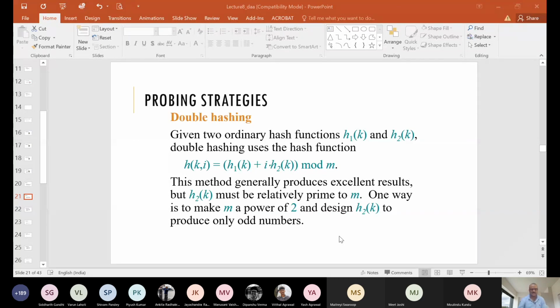Is this open addressing clear? We are basically applying this hash function in a probe sequence. Our goal is to find an empty slot. Once we have an empty slot, we put the key there. The searching will be done in a similar way. This analysis we will do next time: how fast this is, and whether we are using some more storage or not. Okay, so let me stop. I am stopping the recording.